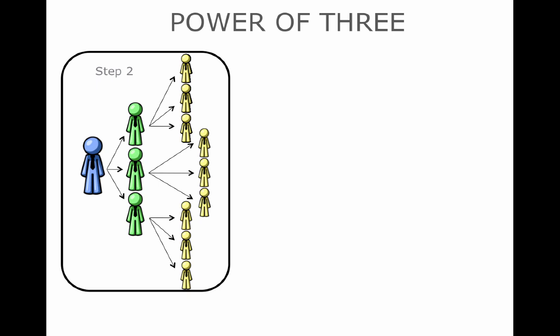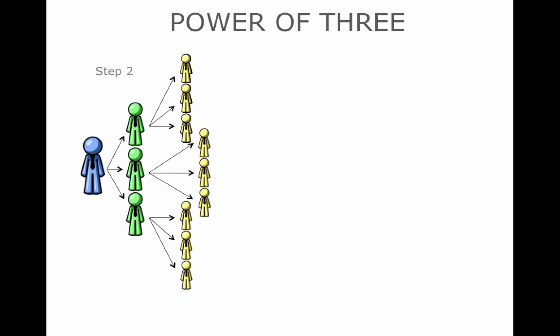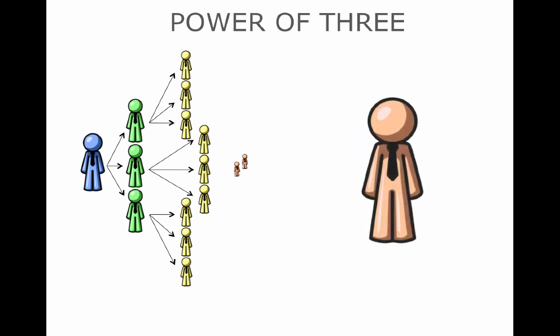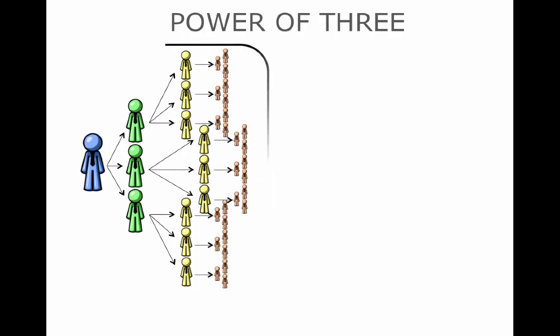Okay. Now your next job is to help those nine people that are represented by the yellow little diagrams there, the nine little guys, and teach them to build to the $50 Power of 3 bonus. So that means that each of those nine individuals has to go out and also find their three people each who will also get on a 150-point LRP order. Now, once all nine of those have done that,